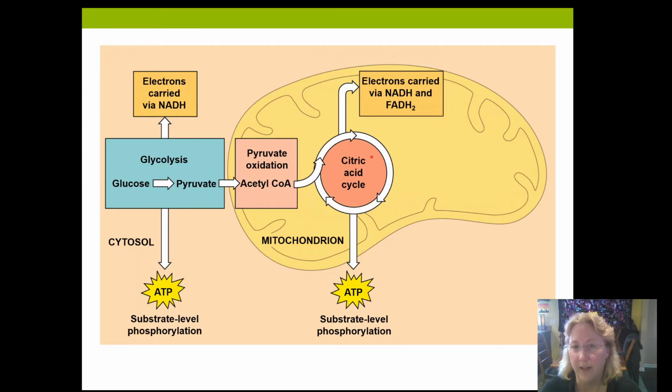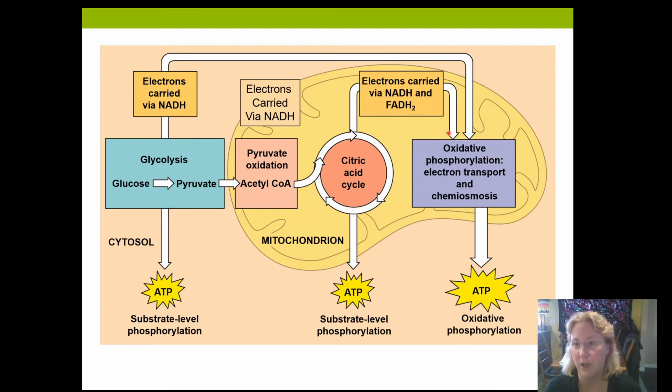The remainder of that energy is going to be carried away in high energy electrons, NADH in its reduced form here, and also we see a second electron carrier here, FAD, which when it's reduced is FADH2. Now FAD is needed because it can grab electrons that are a little bit lower in energy than the ones that NAD can grab. So that'll be an important part of this. So we generate a little bit more ATP here from this step,